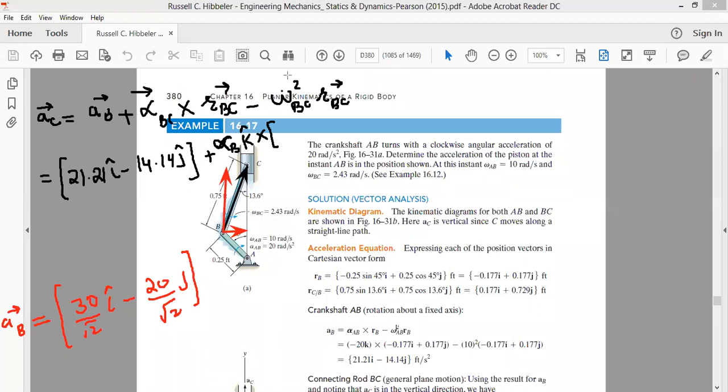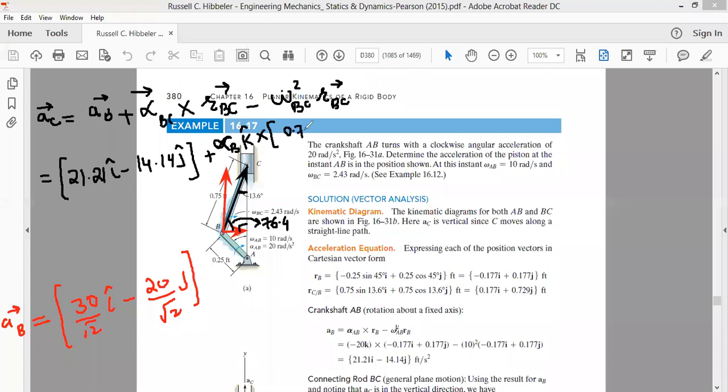Okay, so as far as the angles are concerned, this angle is already given to us as 13.6 degrees. This angle is 90 degrees, therefore we can find this other angle. It will be 90 plus 13.6 minus 180, which comes out equal to 90 minus 13.6, that is 76.4 degrees. This angle is 76.4 degrees, therefore its x component will be 0.75